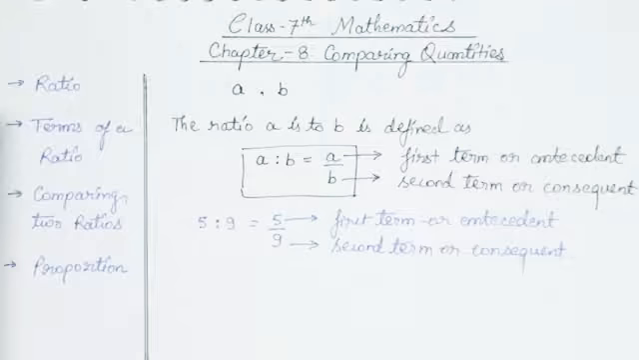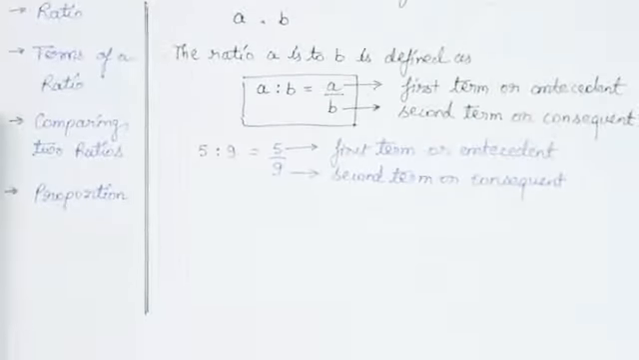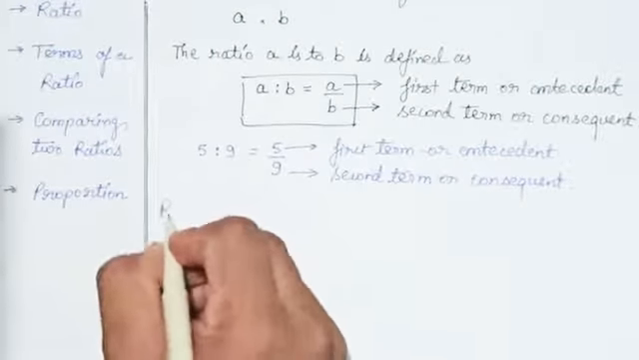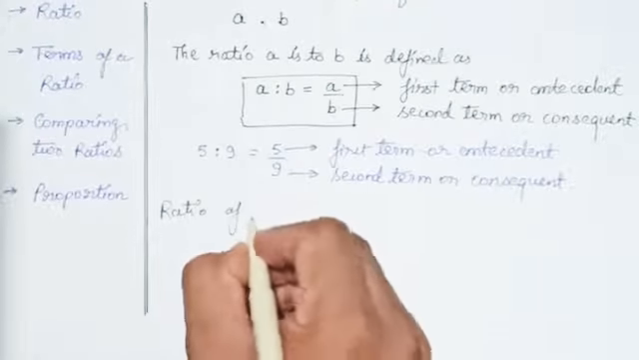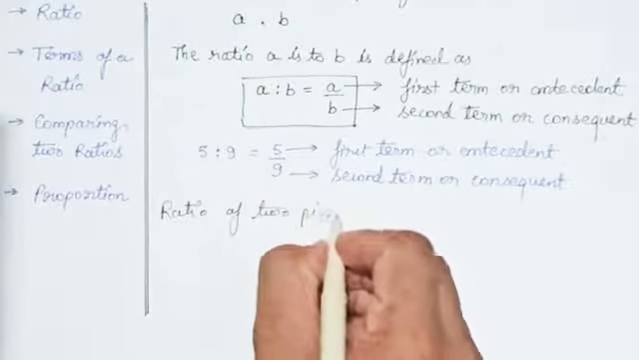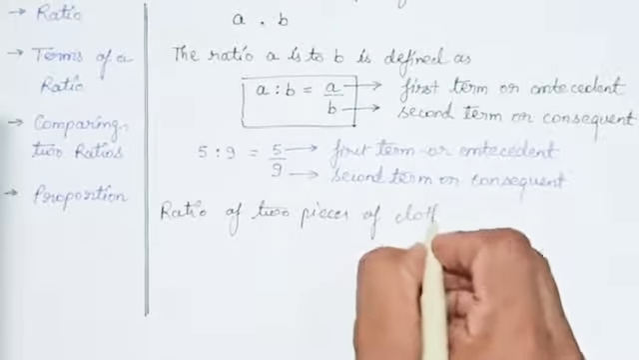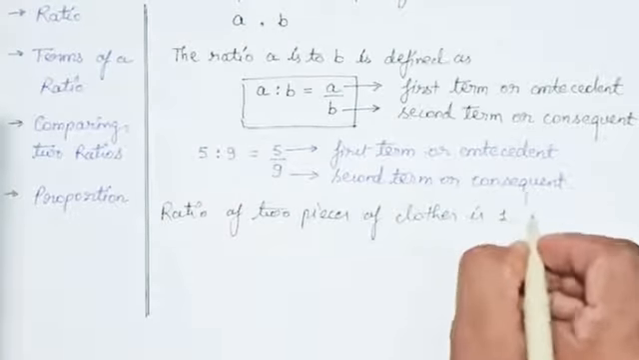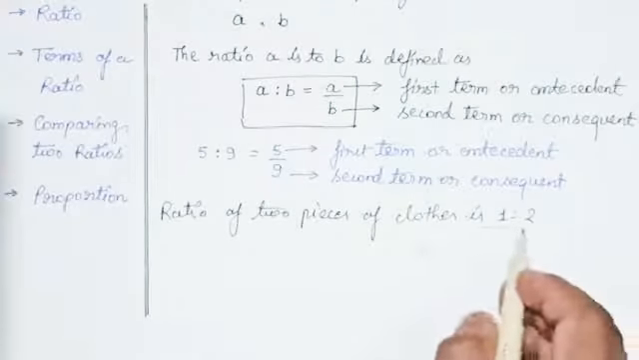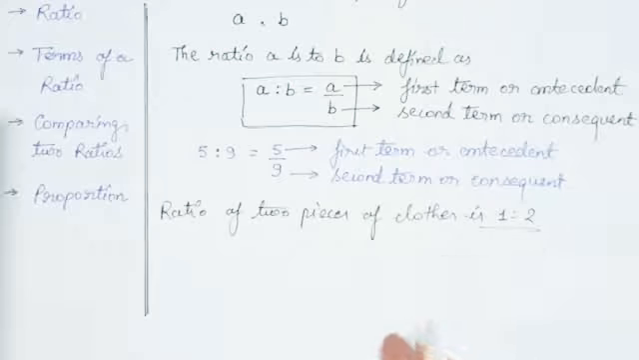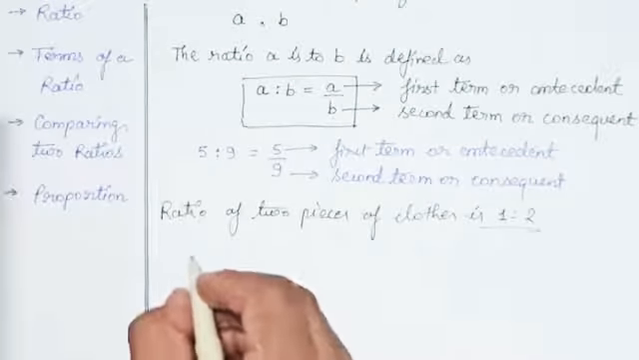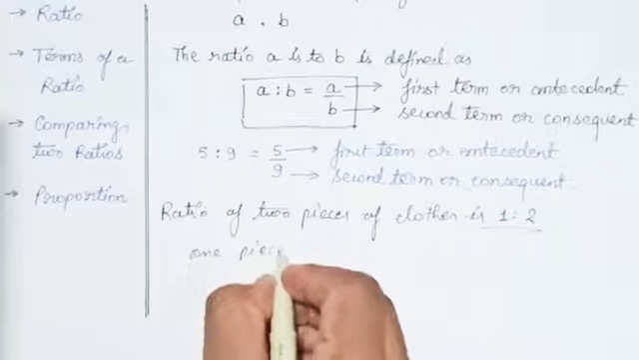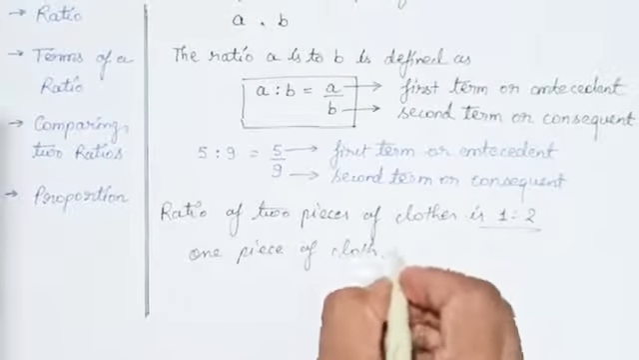Okay. Now, what does a ratio actually mean? Suppose we have the information that the ratio of two pieces of cloth is 1 is to 2. So what does this ratio mean? This ratio means that if one piece of cloth measures